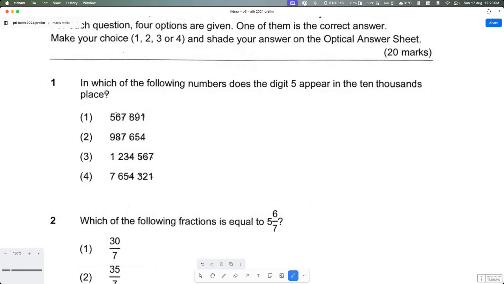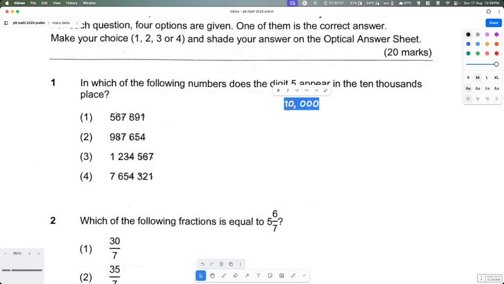It says here, in which of the following numbers does the digit 5 appear in the 10,000 place? So 10,000 place, right? That means the 5 should be at this position, 5 x dot xxx. So over here, which one do you think has the 5 appearing in the 10,000 place? Right here, this is